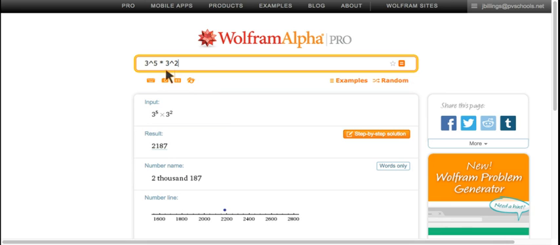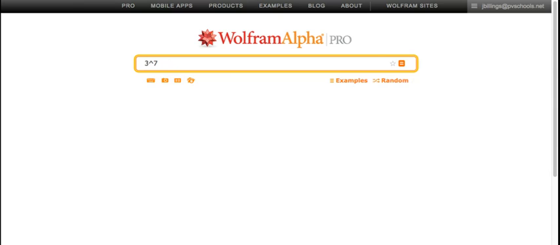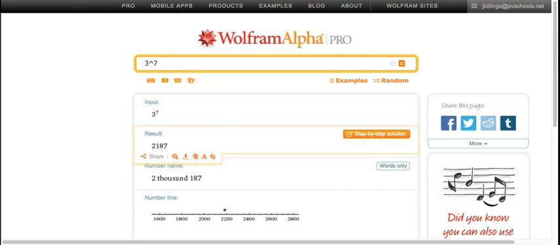So 2,187 is 3 to the 5th times 3 to the 2nd. And that should be the same thing as 3 to the 7th, where I added 5 and 2. 2,187, let's see if that's what we get. That's indeed what we get. And that's one of the functions of Wolfram Alpha